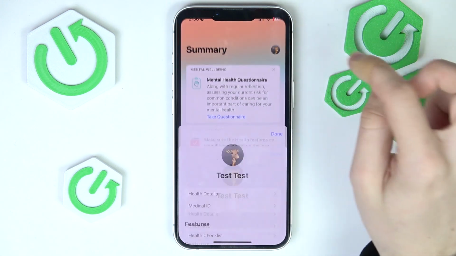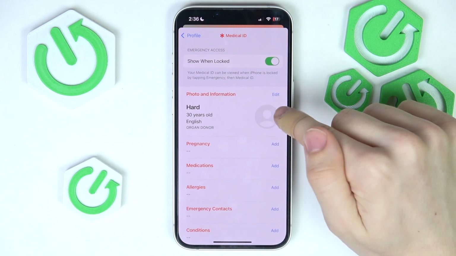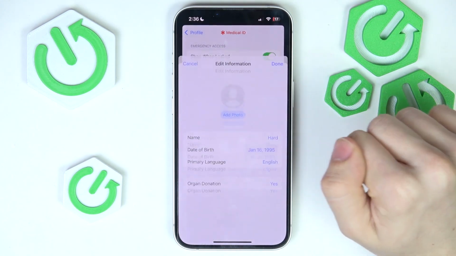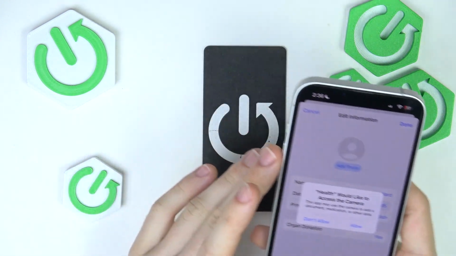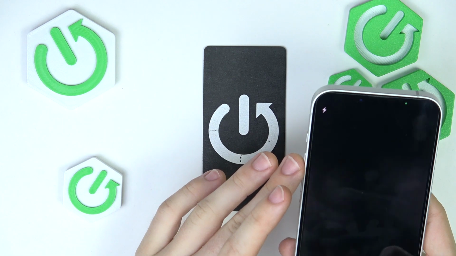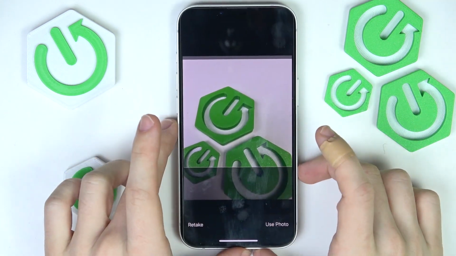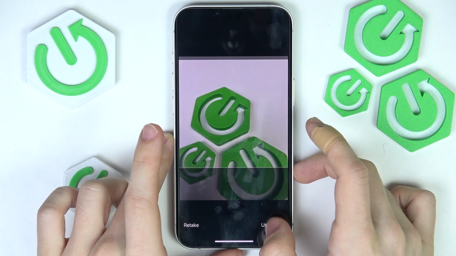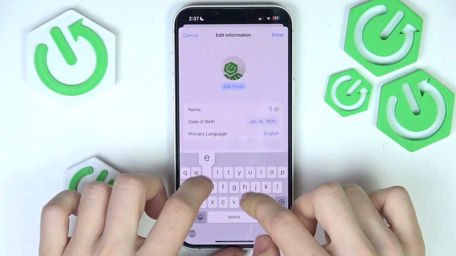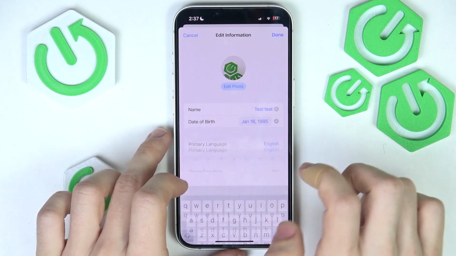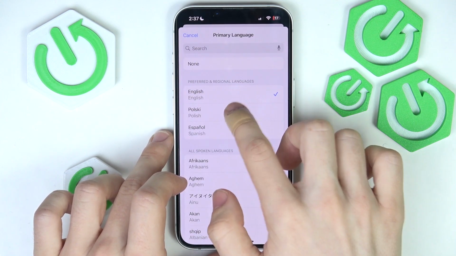And here, as I click on my profile icon in the top right corner, I can go to medical ID. And here I can edit my photo and information. So you can add your own photo. I'm gonna take a photo like this, but of course you should take a photo of yourself. Then change the name, the date of birth can also be set, the primary language,